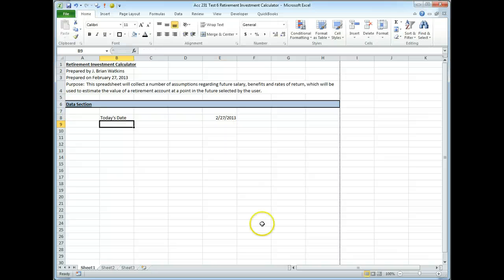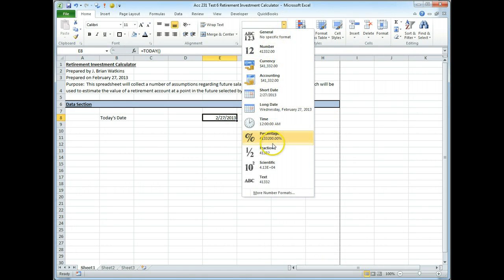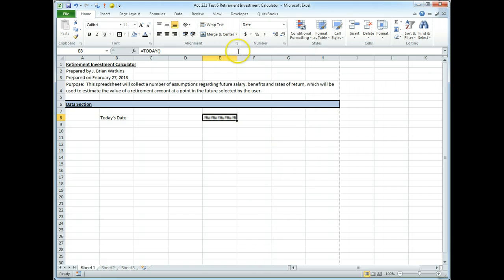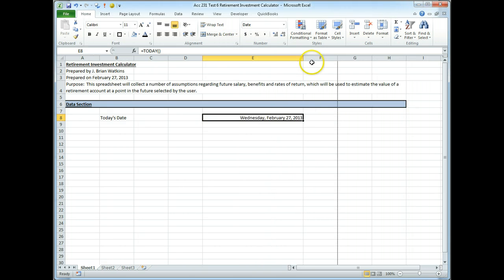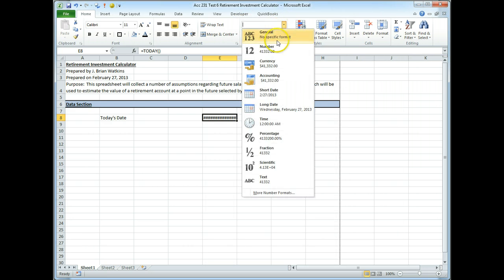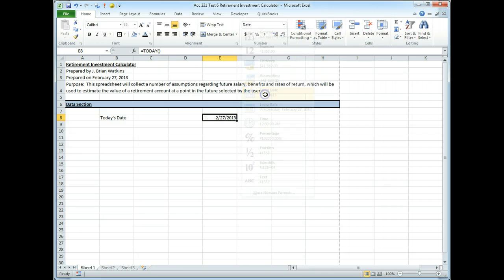And there are different formats I could format the date. I could make it a long date and have it say Wednesday. Let's go back to what, 14? Or I could just use my regular date. Where's my short date? Short date. So we're going to use short date for today, and then we're going to collect the age of our client,